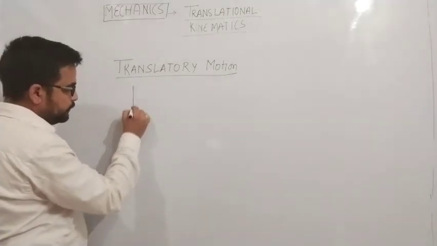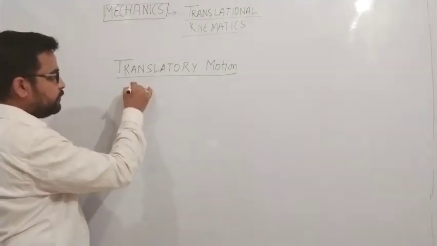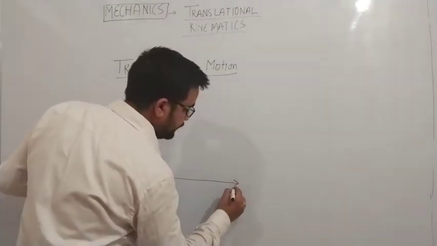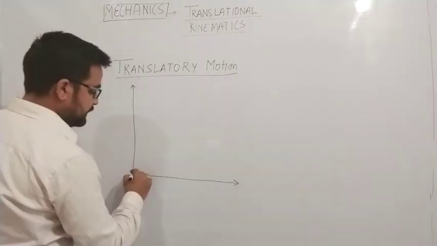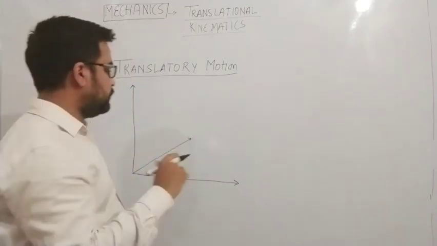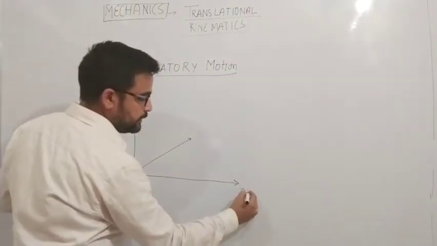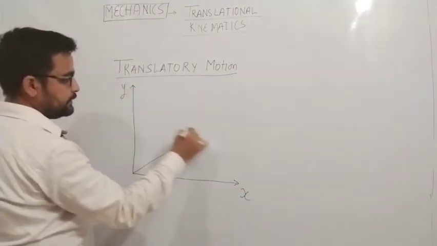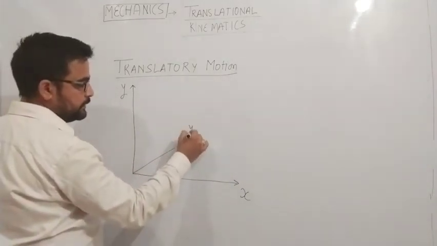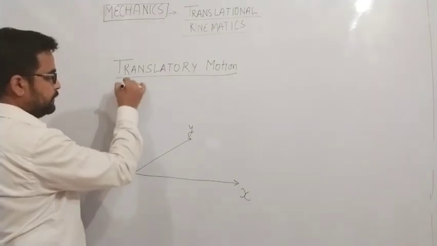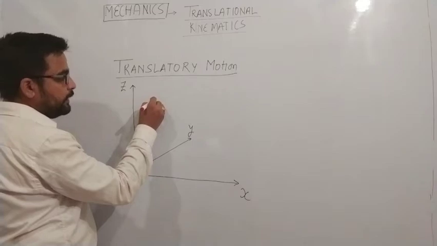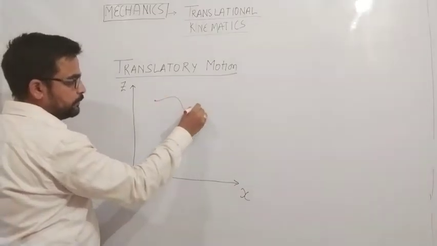So suppose, to make space we need coordinates. So this is our coordinate system. You can consider it just like in your room, one particle is moving from one place to another place. So similarly, this is x, this is y, this is z, or you can change, whatever. Now suppose a particle is moving in space from one point to another point.